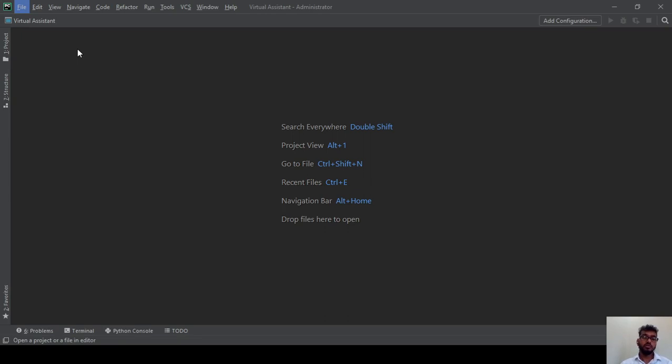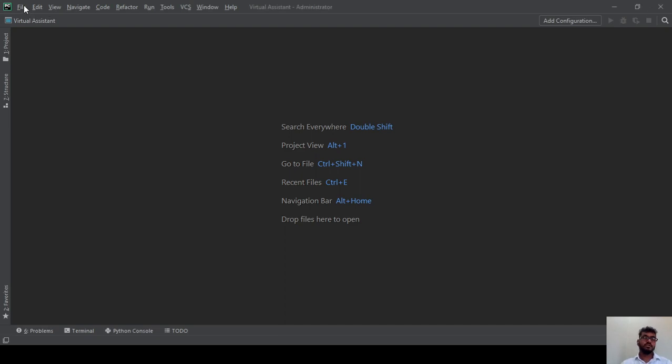This is in order to open any programs or any folder if you have stored them in your system, you have this Open option. Then you can open recently closed projects and close the project. You can rename a project, and there is one more option here called Settings. If you just click on this Settings, as you can see, this window will open. Here you can set up the requirements for your project. There is an option called Python Interpreter, as you can see, and Build, Execution and Deployment. So after creating a project, you can configure any interpreter.